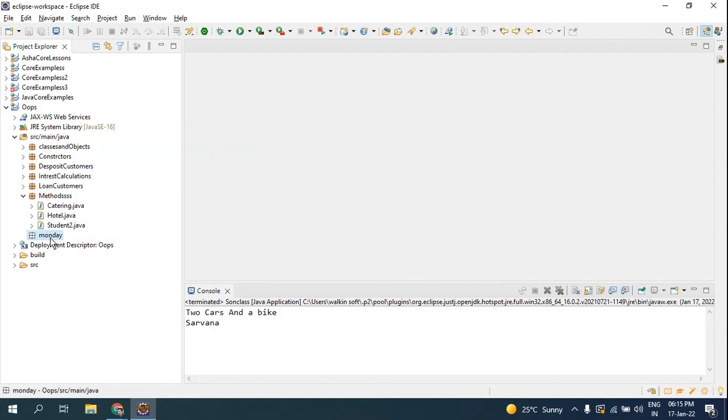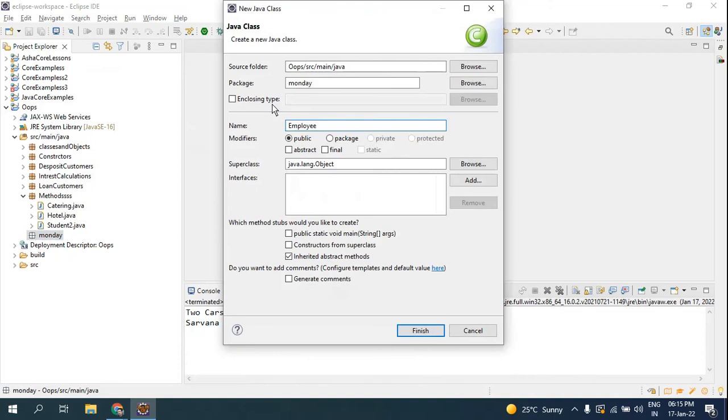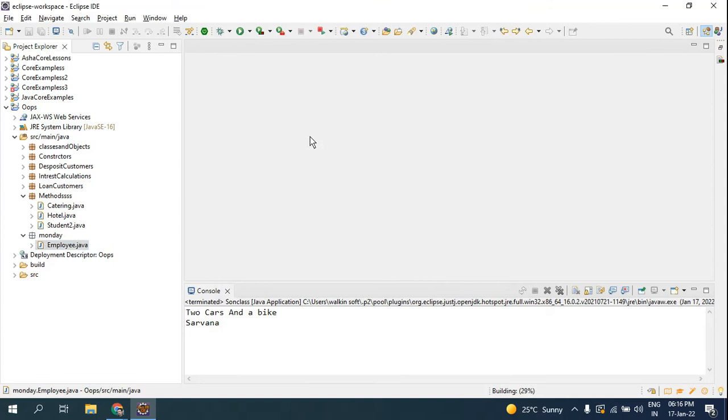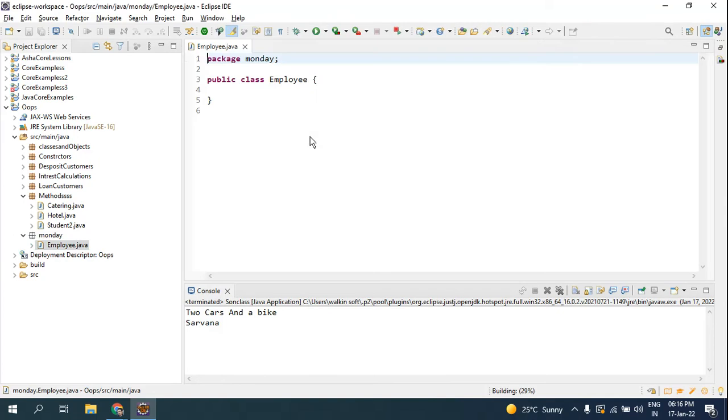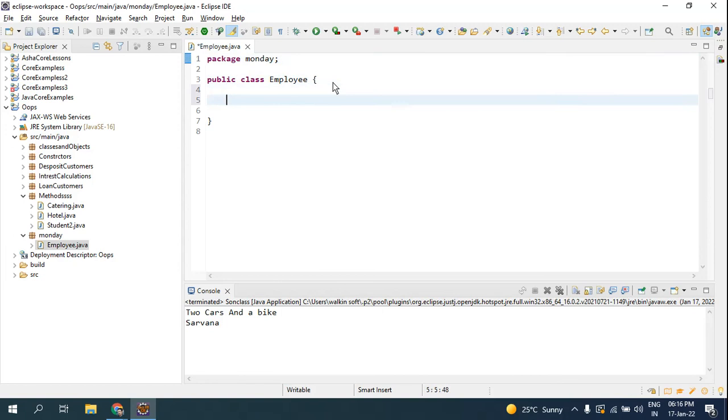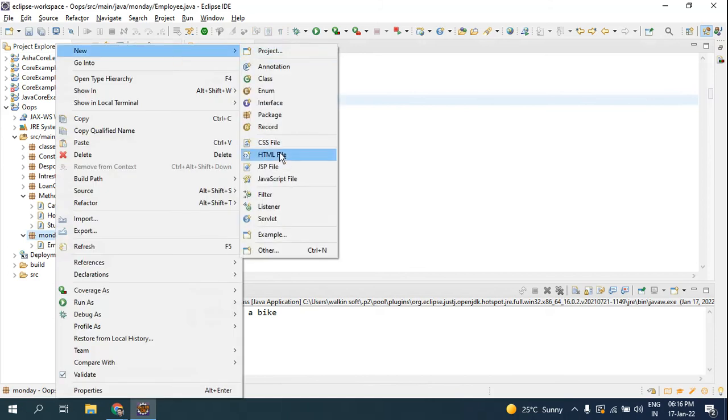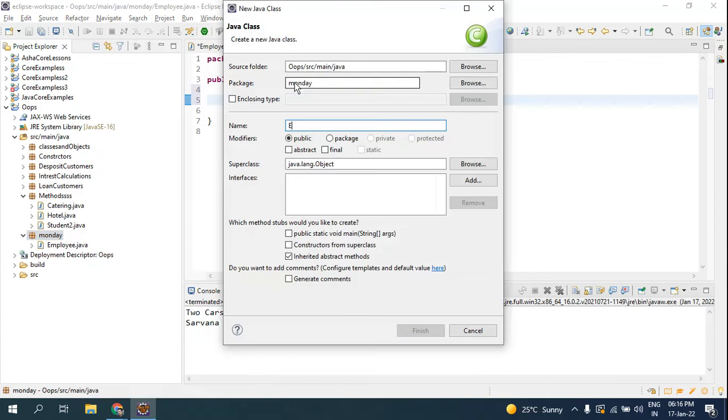So here in the Monday package I am going to create a new class of employee, and I am going to create finish. In this employee I am going to make use of an attribute. How to declare an attribute: String name. And here I'm going to make a new one which will be like employee main,